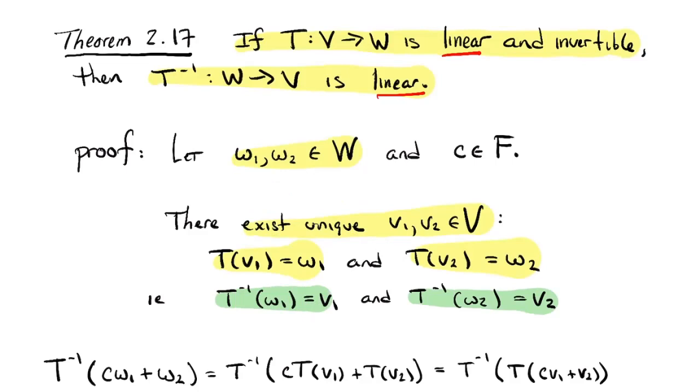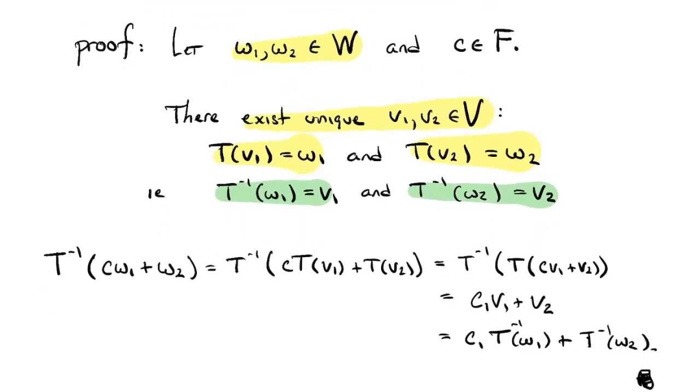Okay, and so now what am I going to do? I'm going to check the linearity condition. So I'm plugging in this linear combination, C times W1 plus W2, into T inverse. And all I'm doing is saying W1 was T of V1, and W2 was T of V2. T is a linear map, right? So C times T of V1 plus T of V2, I can write as T of C times V1 plus V2. If you want me to highlight my proof here a little bit, that's by the linearity of T,